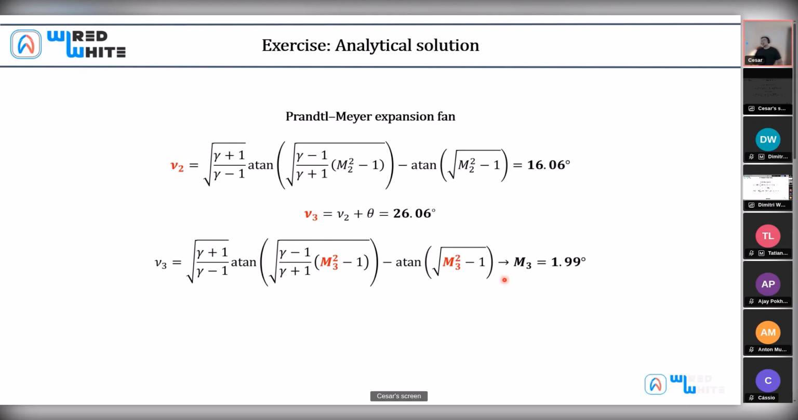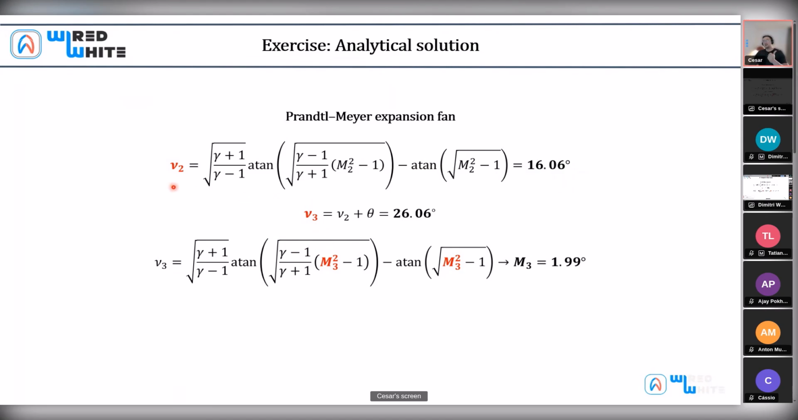Now is when we go to the expansion fan. First of all, we already know the Mach number before the expansion fan. So by solving this equation for V2, we get that the expansion angle has to be 16.06 degrees. And then for the Mach number after the expansion fan, we know this angle has to